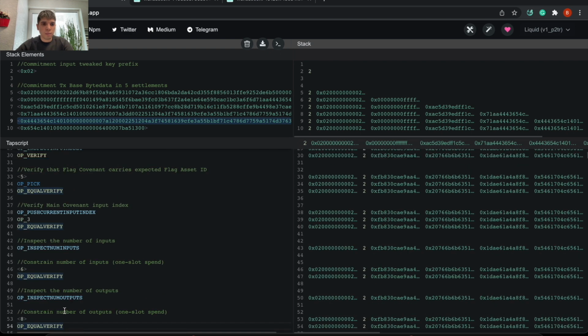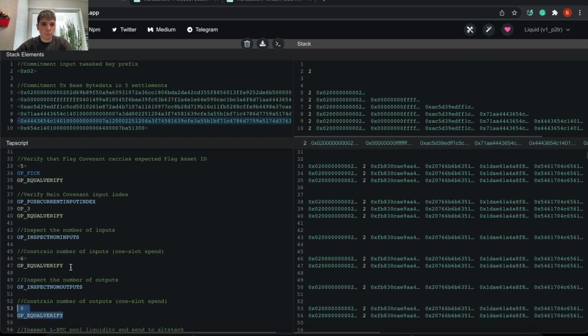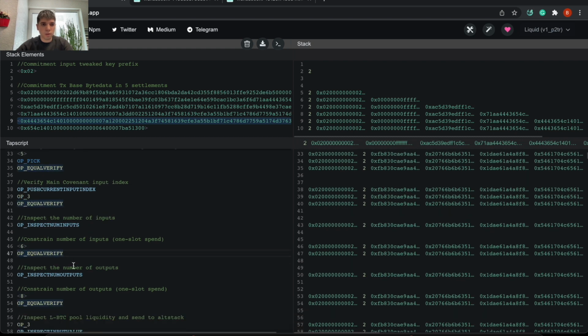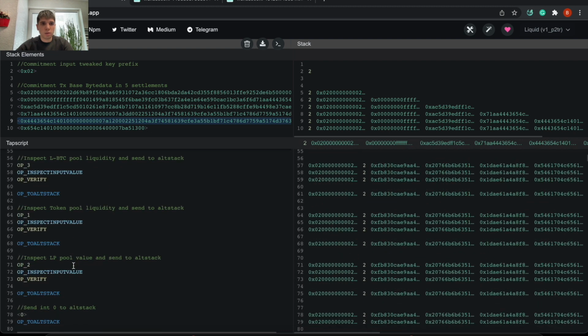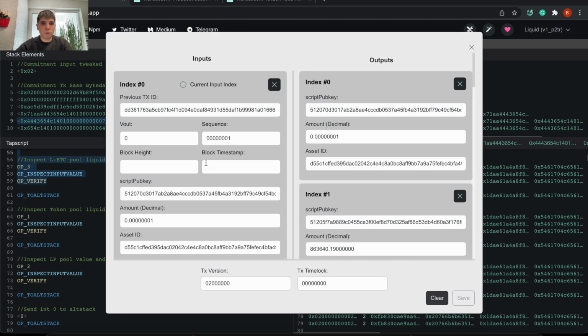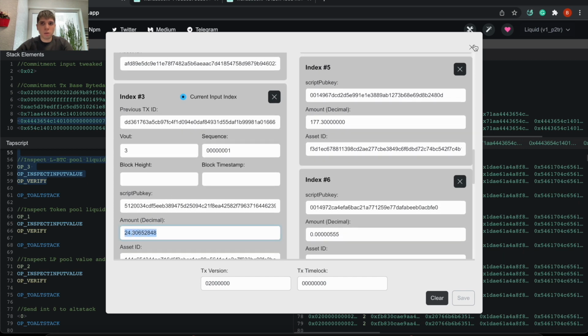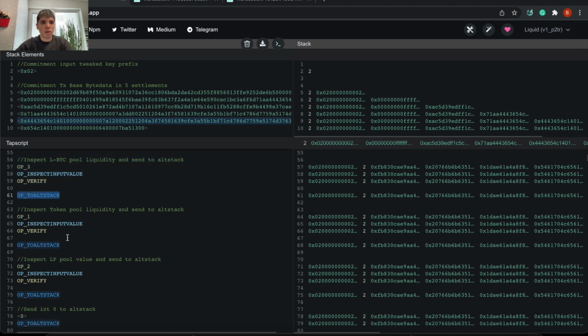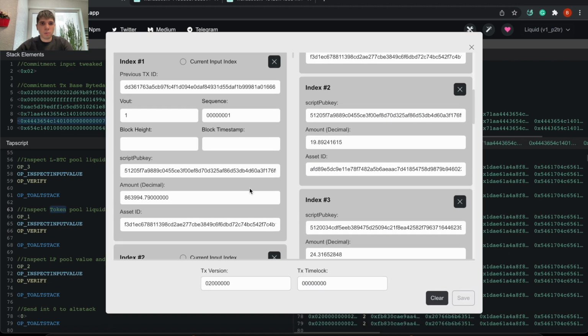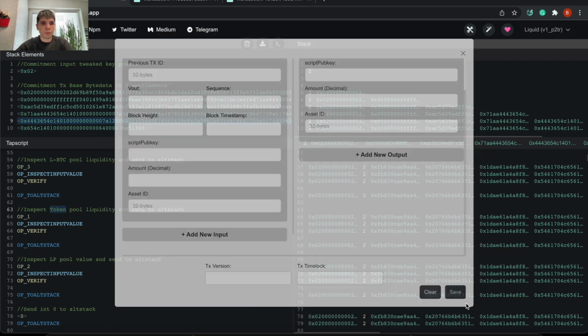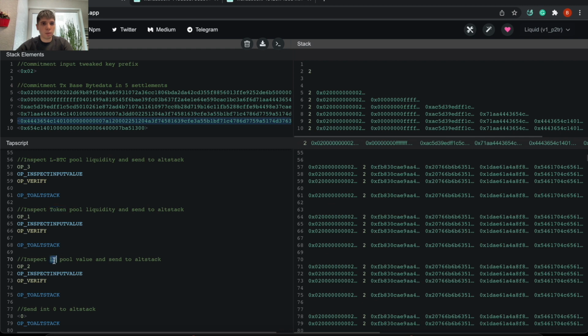Yeah, and these parameters, the numbers, could be different in different slot versions, obviously, depending on how many slots you are executing. In the next 3 steps, we inspect LBTC liquidity from the third input index, this amount, and we send that into alt stack. In the next step, we inspect the token pool liquidity in the first input index, this amount, and in the next step we inspect LP pool value in the second input index,